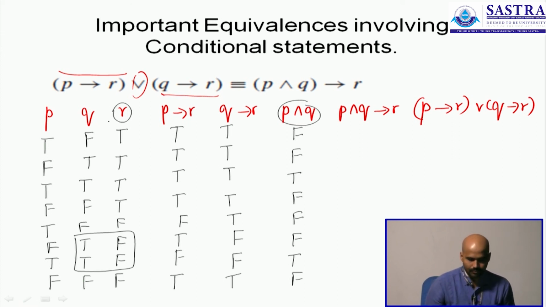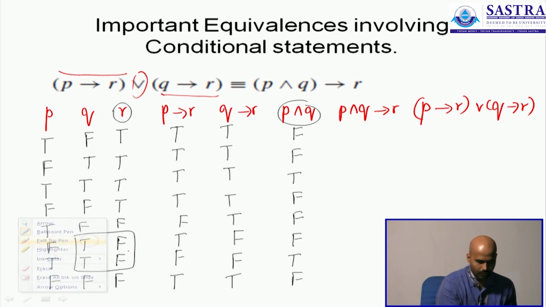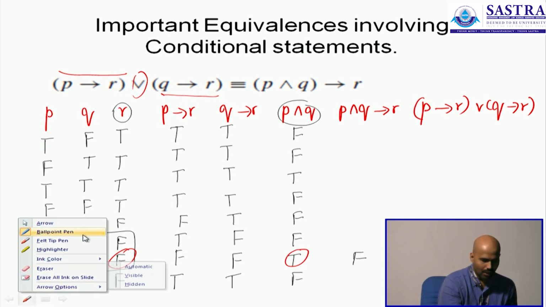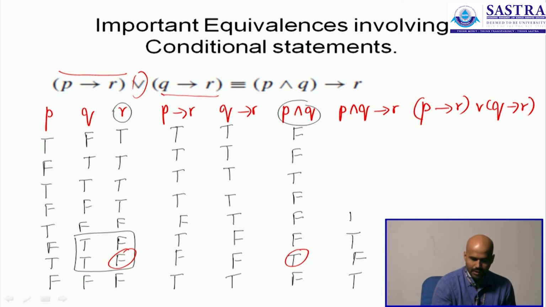false. Where is that? R is false but P and Q is true. I think that happens only once. P and Q is true but R is false. This one, look at this. Column 7. That's a false statement. P and Q is true but R is false. Do we have any other instance of the same? False, false, true, false, false, false, false. Yes. We don't seem to have any other instance. So all the remaining 7 values are true.